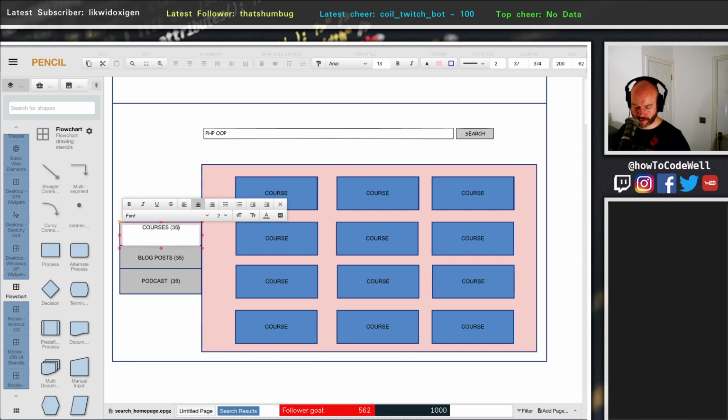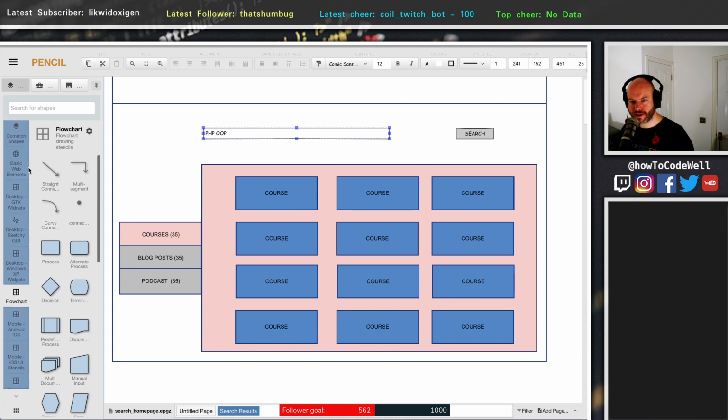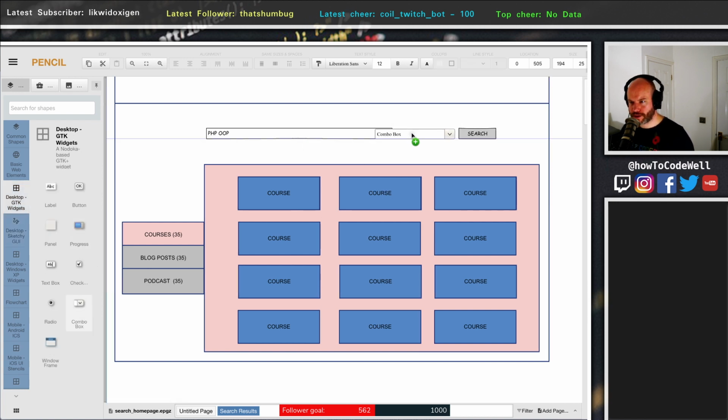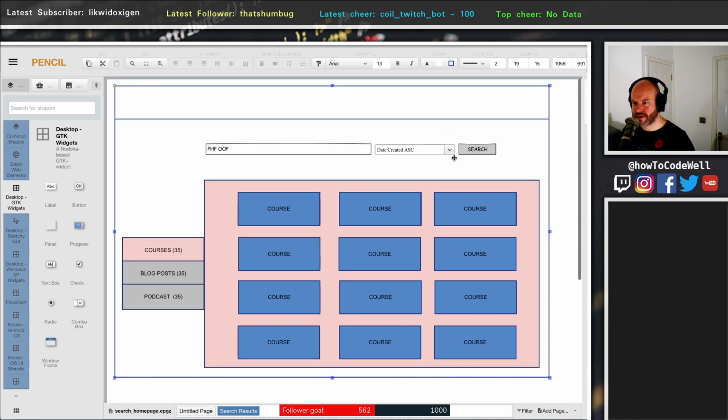So let's just focus on courses for the minute. With a course, how would one filter on a course? I suppose it would be by date created. So let's move this back, and let's put in, I can't find it, wherever the basic web elements have gone. It's a bit of a mishmash of stuff here, but this would be a combo box, or a select box, and so we would filter on date created ASC,